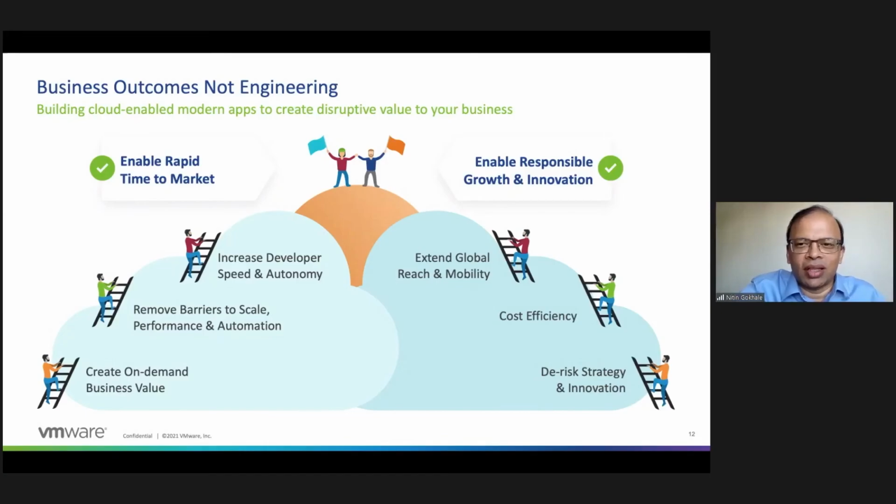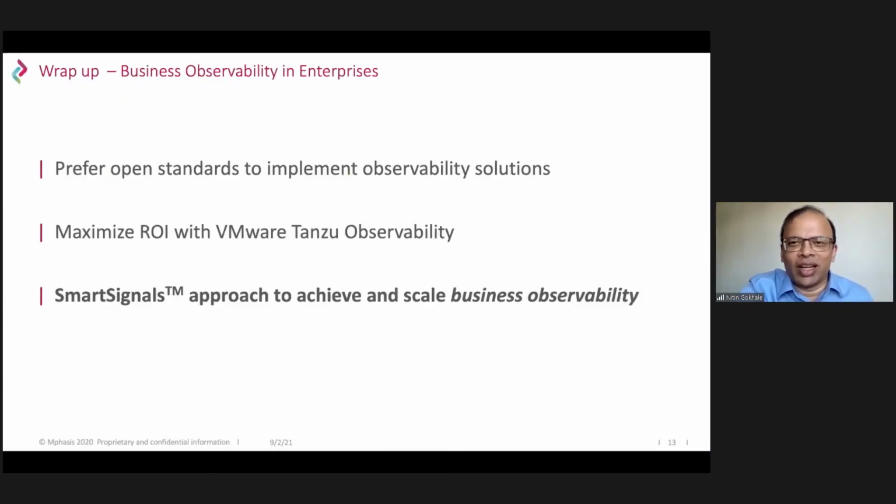Thank you, Olivier. What I really loved about Tanzu Observability is the fact that it does support OpenTelemetry. It is, first of all, a fantastic solution. Secondly, it is standards-based, so for enterprises, it is of immense value.